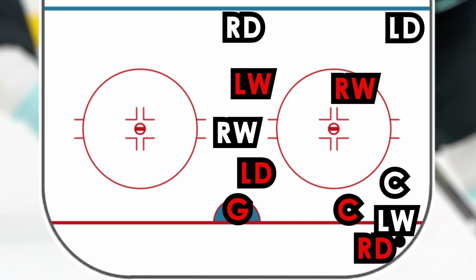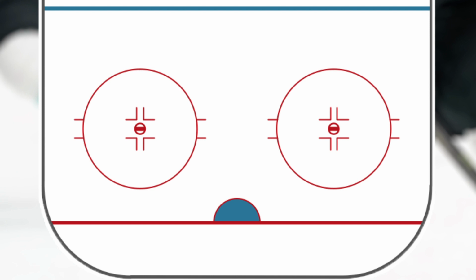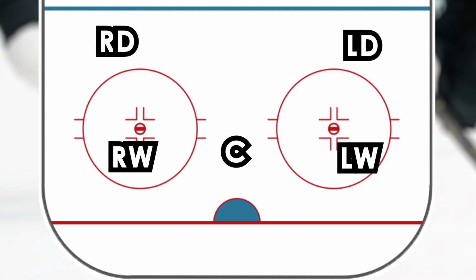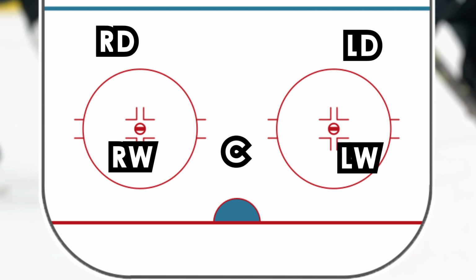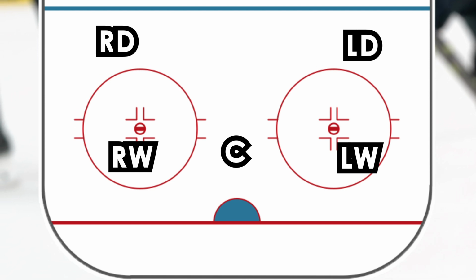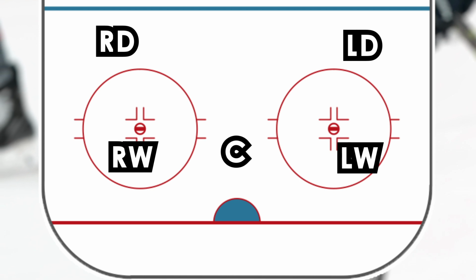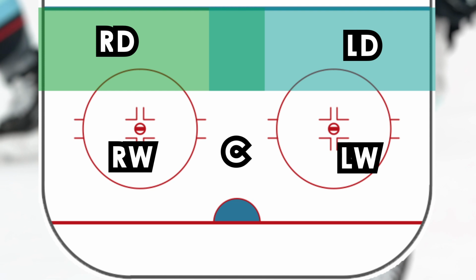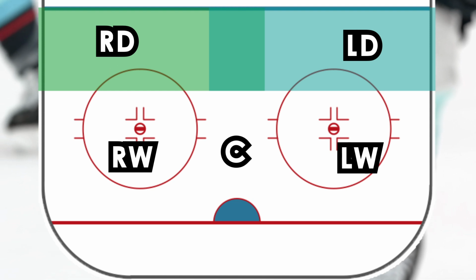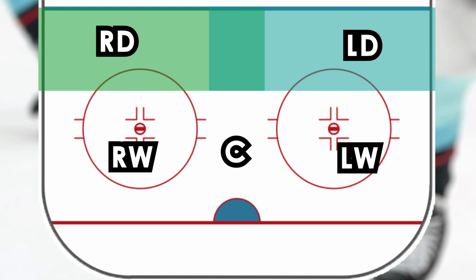But let's back up and take the puck and opposing players out of the situation for just a second so we can talk about some basic positioning and zones of responsibility for our players in the offensive end. Again, this is going to look pretty much like a mirror of what we saw on the defensive end, though with our defensemen who are now up by the blue line, they're much more responsible for sticking close to that blue line and kind of just the area between that and the top of the face-off circle,